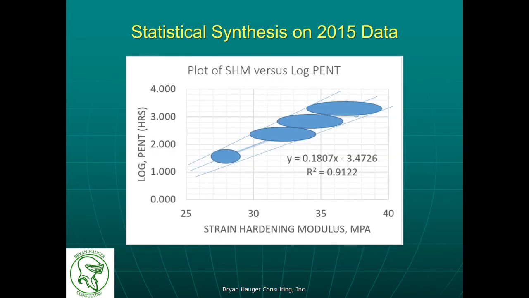Here, I've taken the previously presented chart and I have superimposed an oval over just 4 of the previous data points, with the x-axis range for the oval corresponding to the statistical variation column shown in the previous table. Purely for the sake of illustration, I have also added lines defining the negative and positive limits of the statistical variation. I believe this figure is illustrative since you can visualize that for a PENT value greater than 1,000 hours, so that's log 3, you need a minimum average value of 38.5 megapascal if you're going to fully account for